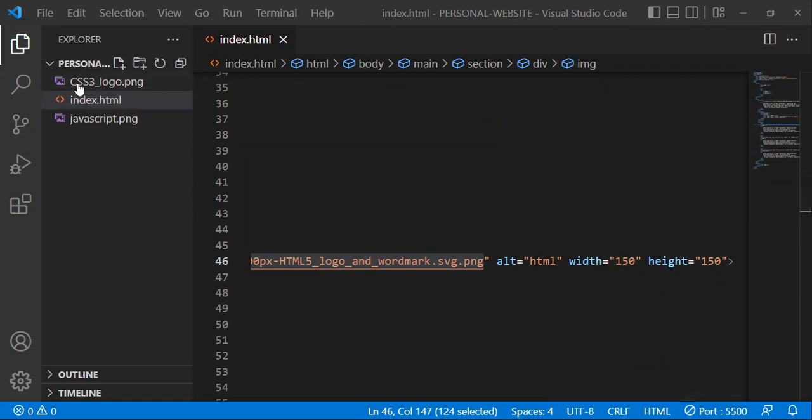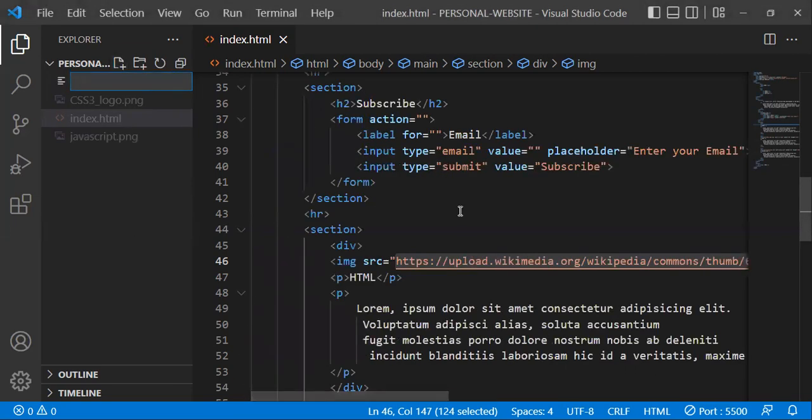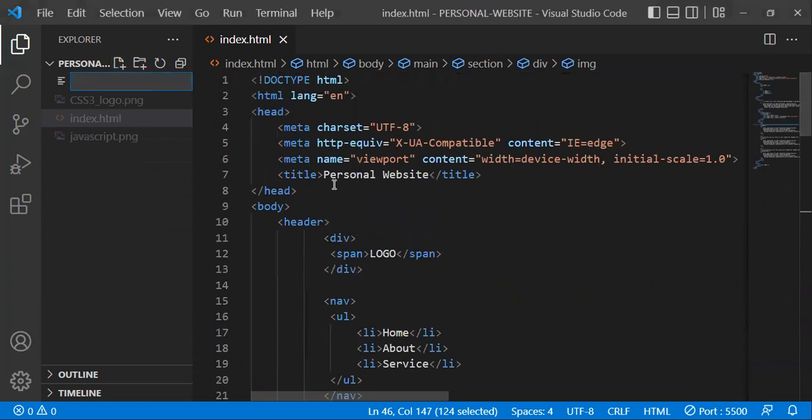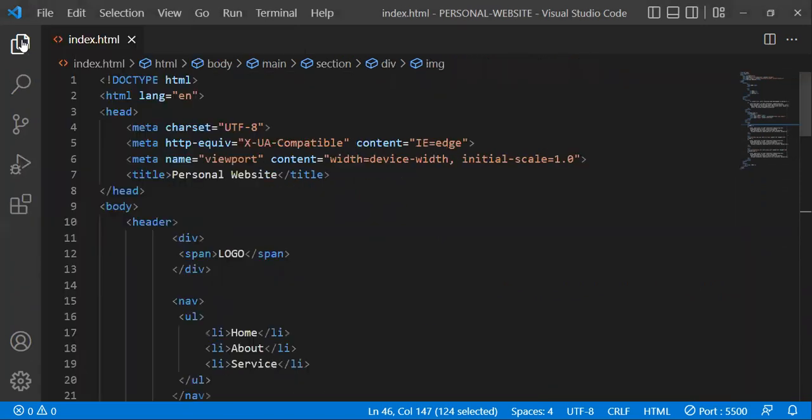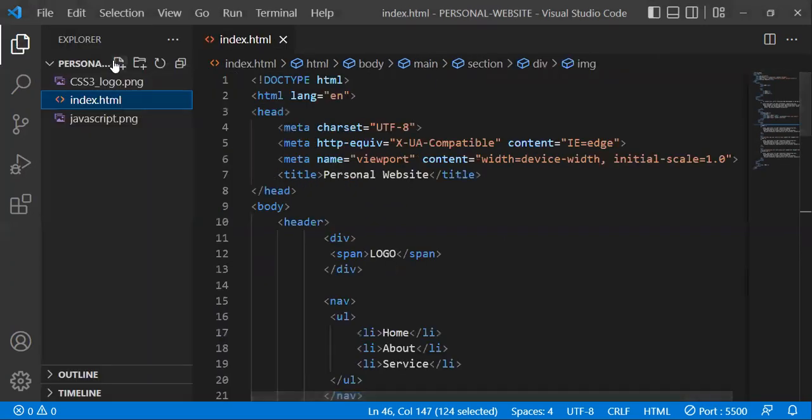After you have been able to get the index file, the CSS3 logo, and the JavaScript logo inside your folder, we will be creating a new file. So watch me. Let me do it again. You click on this icon here, create a new file. Then we create a file called